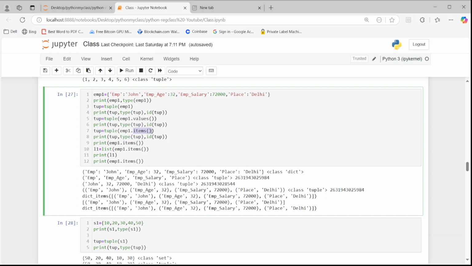Dot items. Again, to access a method inside a tuple, we need to use the dot operator. So items is a method which we have not seen so far. Now we shall see what items will do. Items is applicable first of all to a dictionary. Whenever you apply this dot items over a dictionary, it will return you a dict_items object,